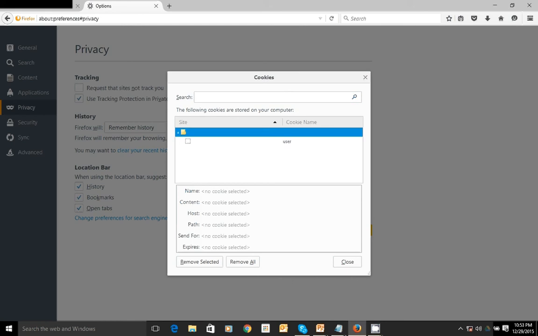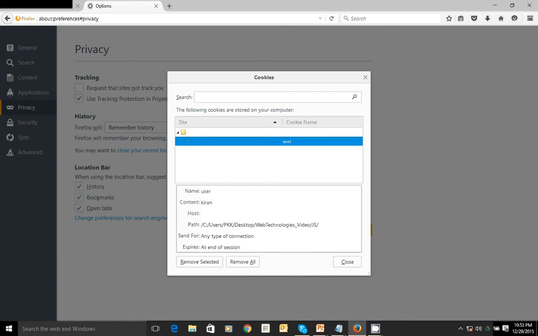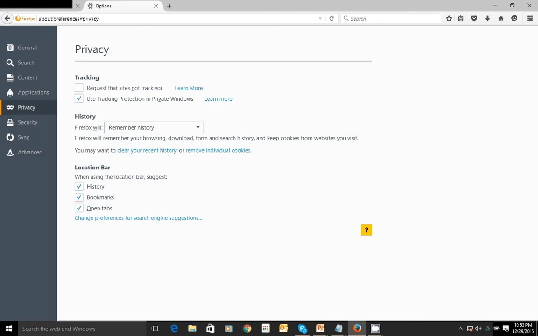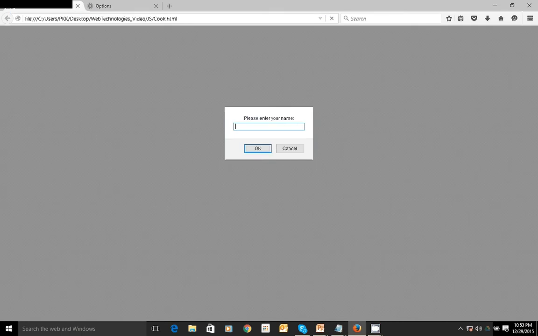Just click on that. It shows the information about the cookie: name user, content Kiran, and host, path, expiry date, etc. If you remove the selected cookie and then refresh here, it asks for the username again, because that cookie is no more; we have deleted it intentionally.